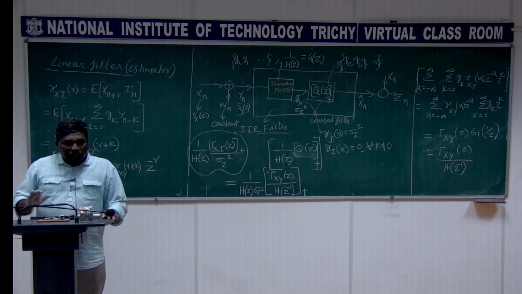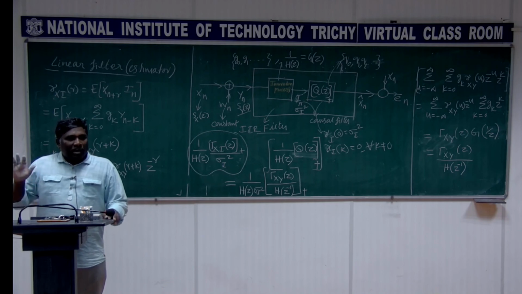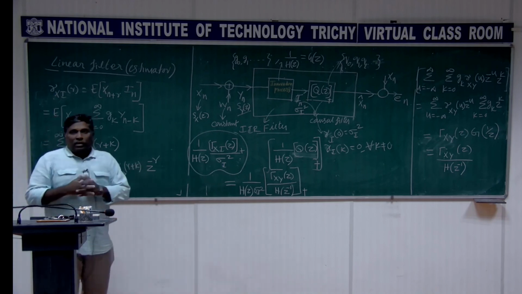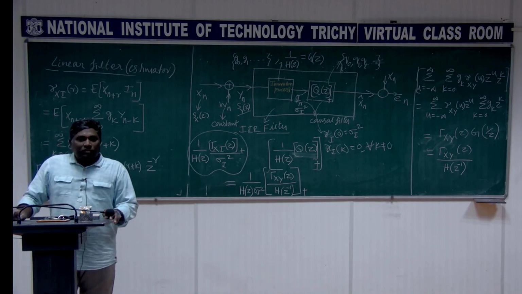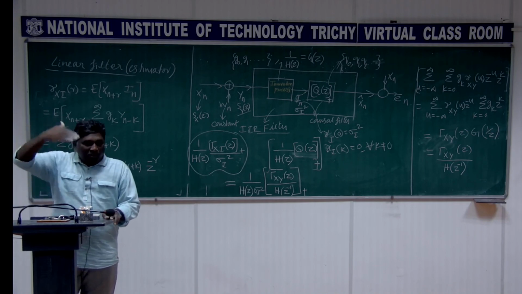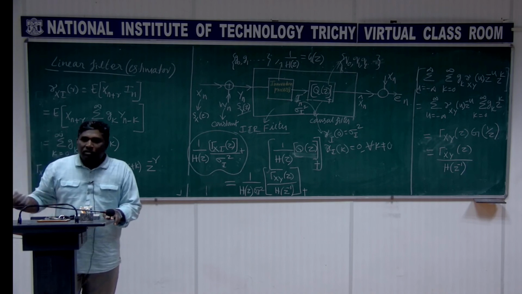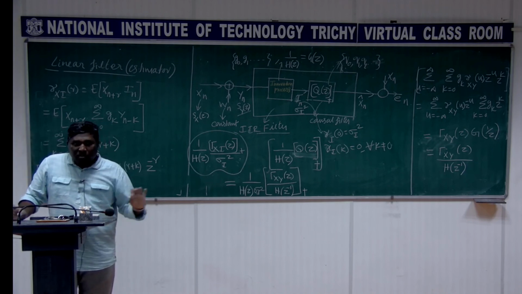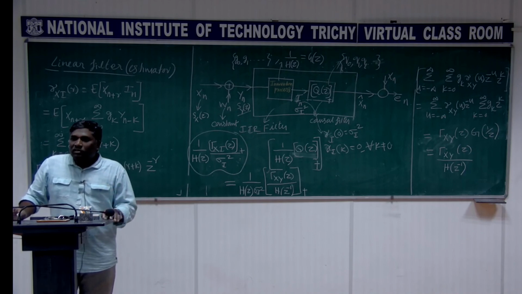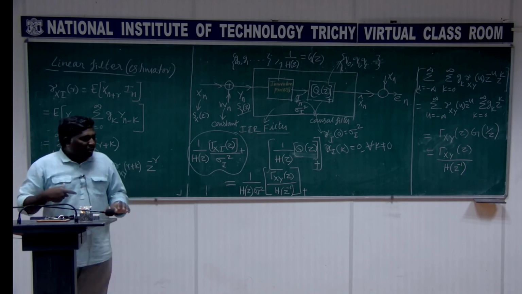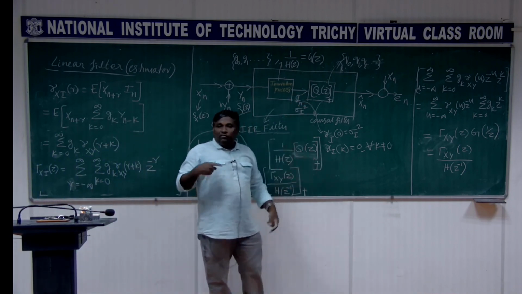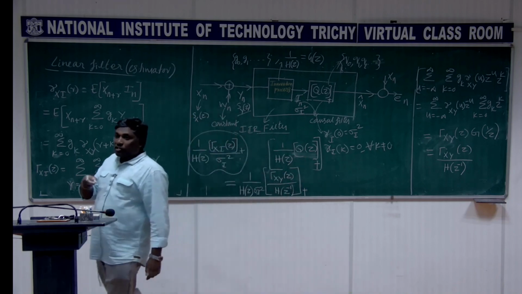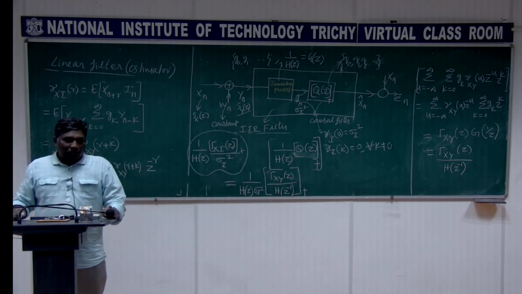The problem statement is the same. You have xn, you have wn, we have that additive noise yn, and you need to estimate xn. That is the same thing, right? But in this case we wanted the filter coefficients to be finite, realized by what? The numerator and denominator format, right, zeros and poles format. The main trick here is this innovation process. What we do is we get a signal in, this random process, which is white. That is a trick, because we are doing this because we know the characteristics of in. That is the interesting point.